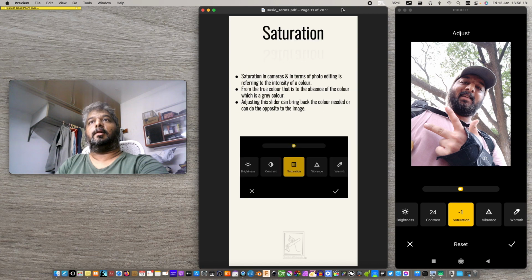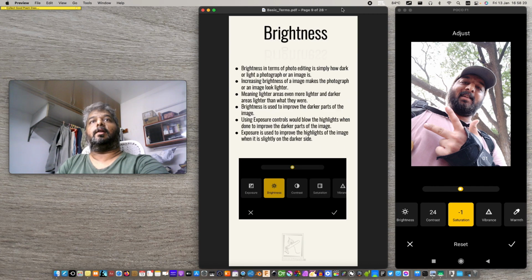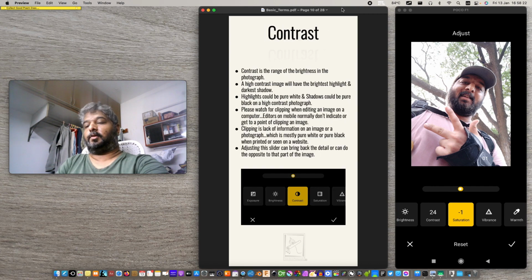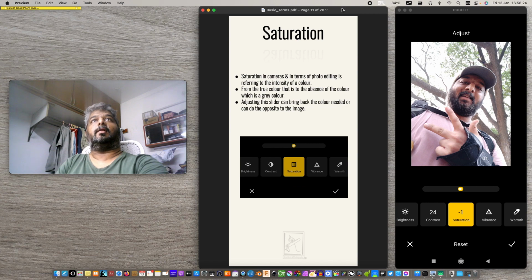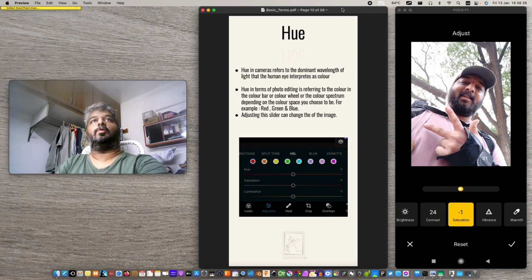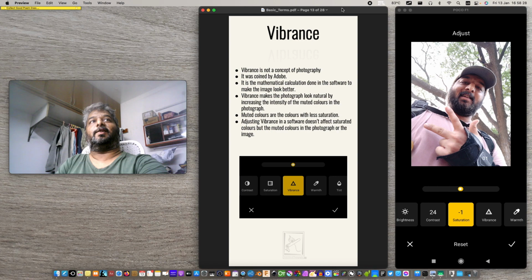So we covered brightness and contrast, and we were supposed to get into vibrance, but we got into hue. Okay, so let's get into vibrance. What is the difference between saturation and vibrance? Vibrance is not a concept of photography. It was coined by the company Adobe, which creates photo editing